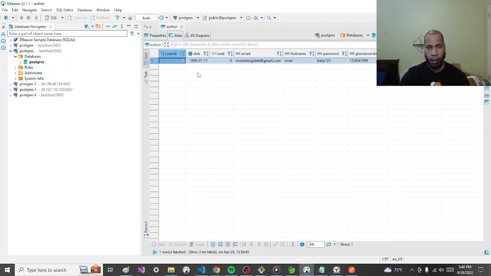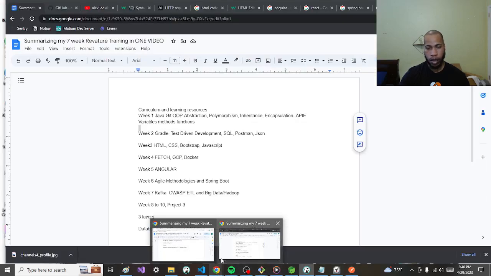And you can run commands like SQL commands in here with a real database that you have. You can also connect to remote databases. You can just learn a lot about it. Just play around with it. And then